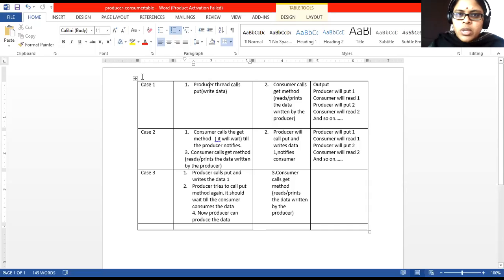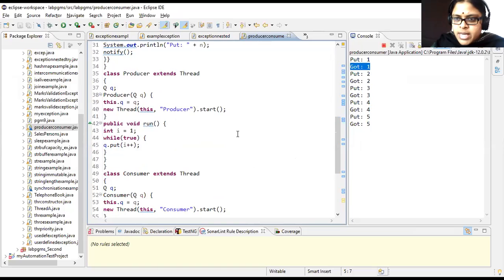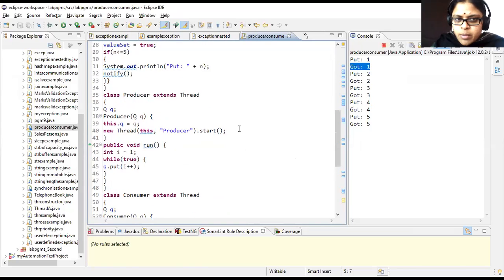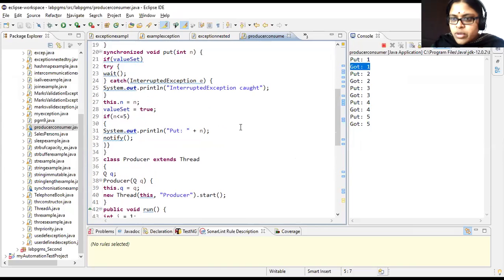We will see it now in the program, right? What happened now? The main thread, consumer and producer are started. The first one we have taken, the producer, has started its execution. It posted the data, the consumer read the data. There is nothing over there. We will not even check the correct use of wait and notify in that case.